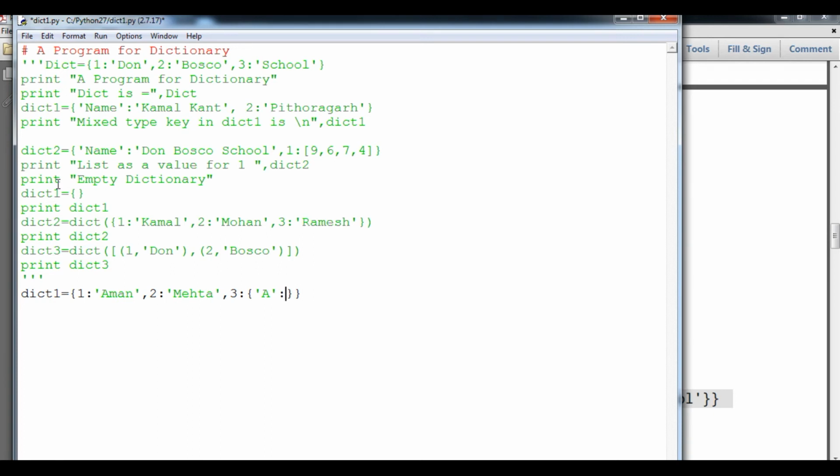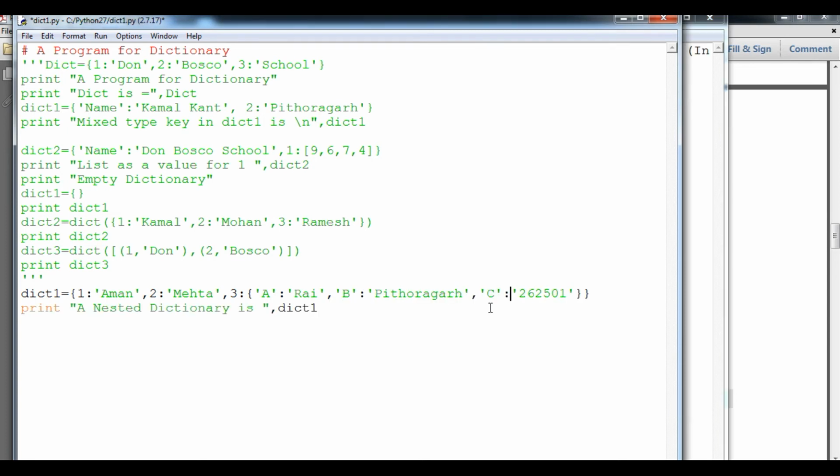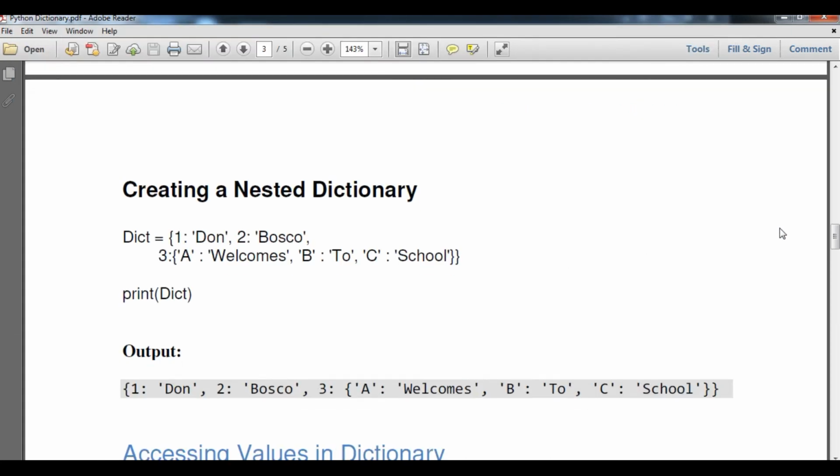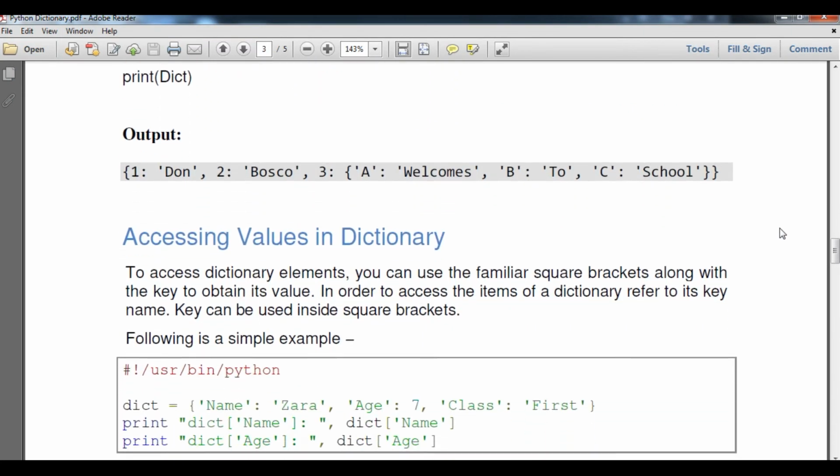I can't provide a variable here. So A, for example, I will type his address, and then B key value, B key value, C key value. Then I will run it. Now you can see a nested dictionary: 1 Aman, 2 Mehta, third itself a dictionary. This is a nested dictionary.